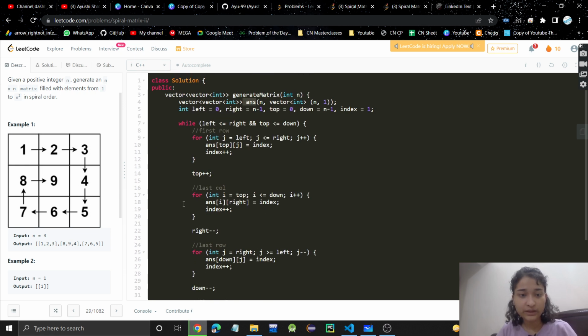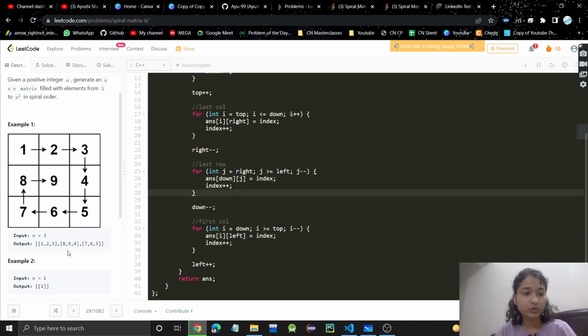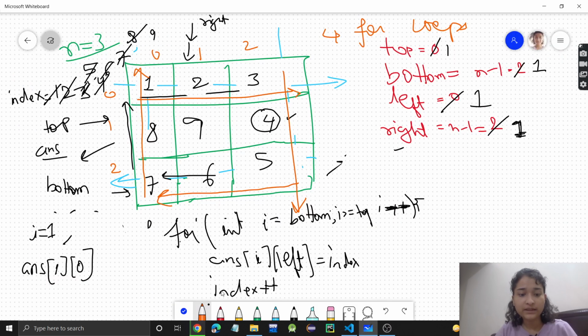So guys, see, it will be a little confusing here, but this question requires a dry run. If you do not dry run, then you will not understand how this right, index, down, top, left are working. Just dry run once and it will become more clear. See, time complexity here: we are going to each index in the matrix, right? So time complexity is m cross n. Over here it will be n cross n, because we have an n cross n matrix. And space, if we do not count this output array, because this is the output matrix, space will be constant.